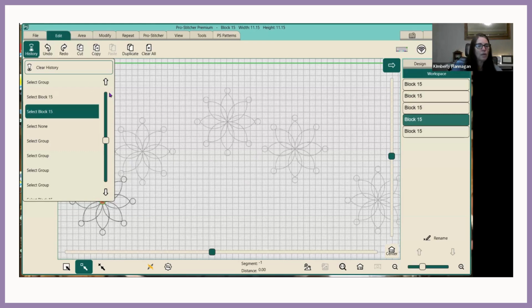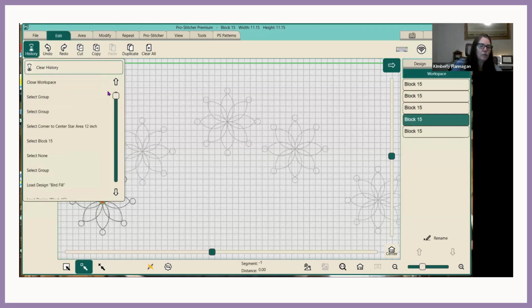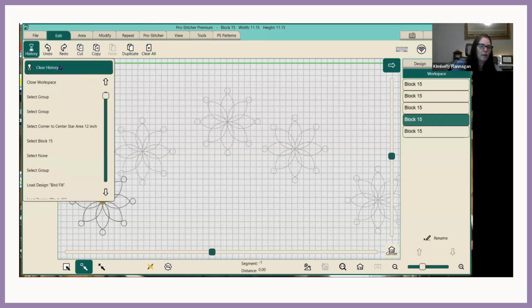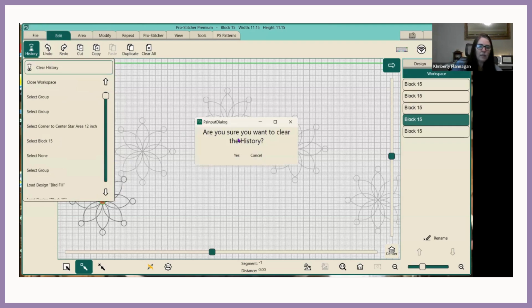So if we have our history, we have undo and redo. What is clear history? If I hit clear history, it's going to clear all of these commands and none of them are going to exist any longer. I hit clear history. It asks me, am I sure? It's just giving me an option to say no. But if I say yes,